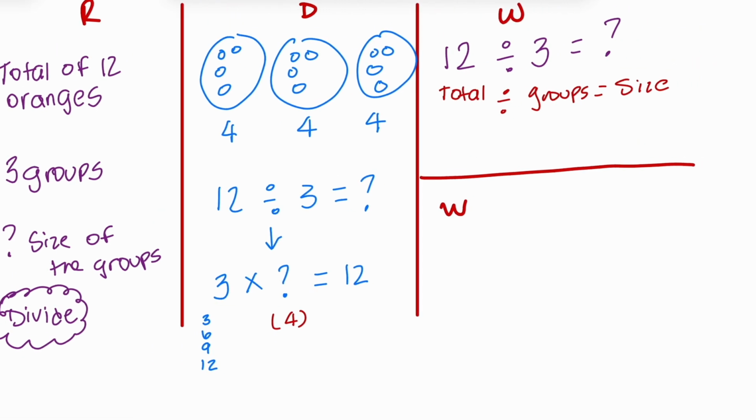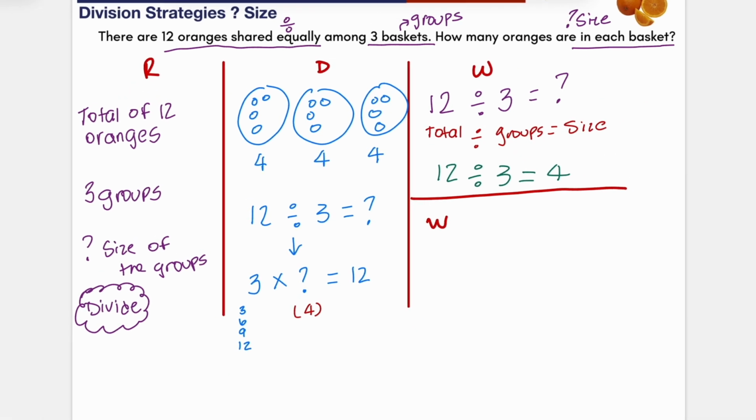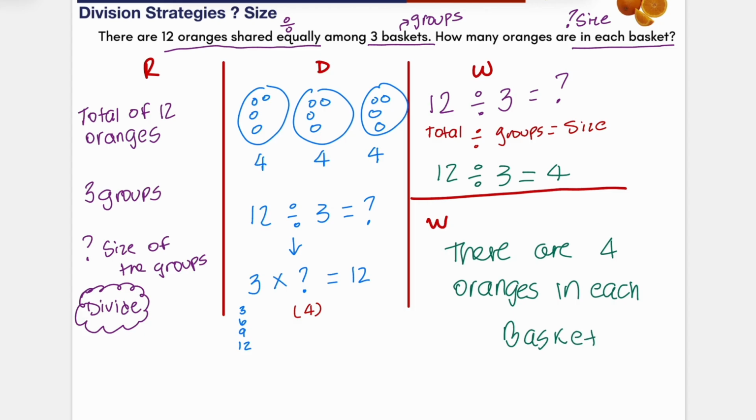So my official last equation will be 12 divided by 3 equals 4. Now we can officially answer the question. How many oranges are in each basket? There are 4 oranges in each basket. And I'm going to put that here. All right, so now we have officially done a division question by locating the size when we have the groups, and another type of question that we will